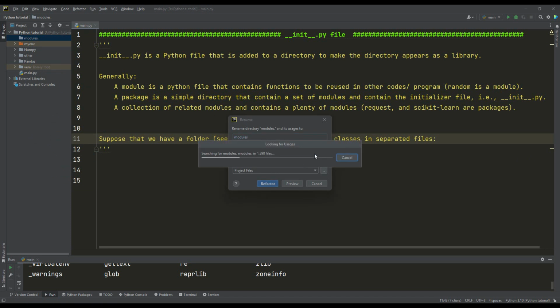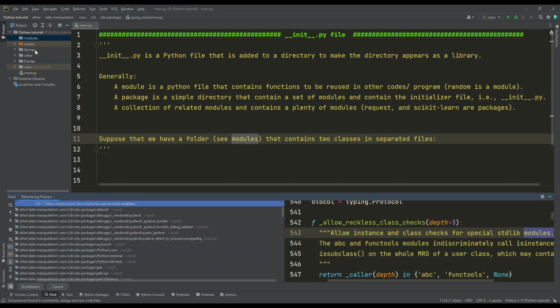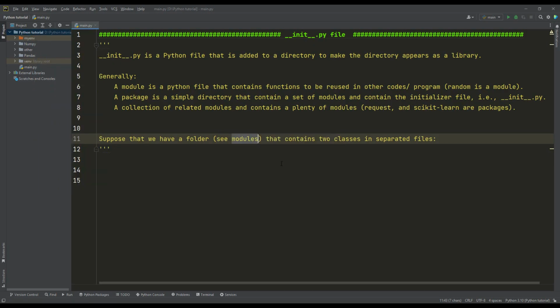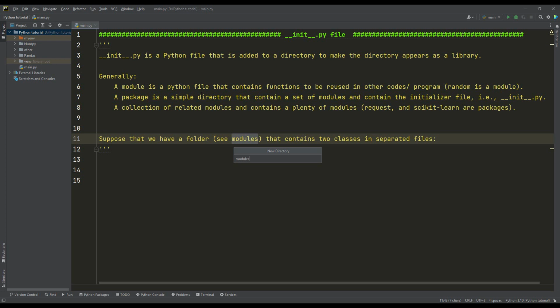Okay, as soon as I have this modules folder, you can give it any related name. There is no problem here. Let me delete it first. Okay, then I can simply add a new directory, modules. Okay, I have the folder modules, which is in the same location where the main.py file is, and both